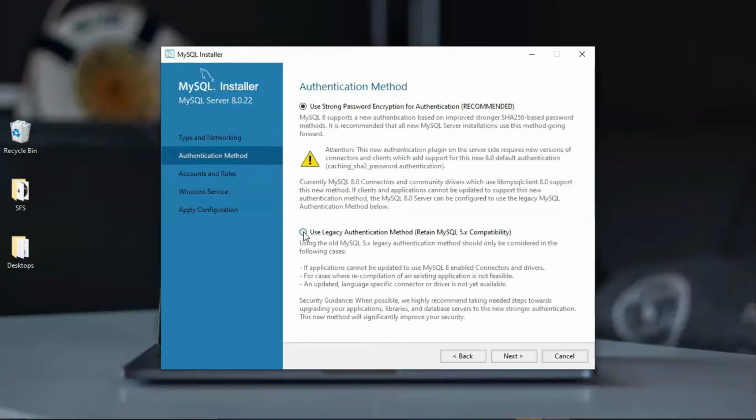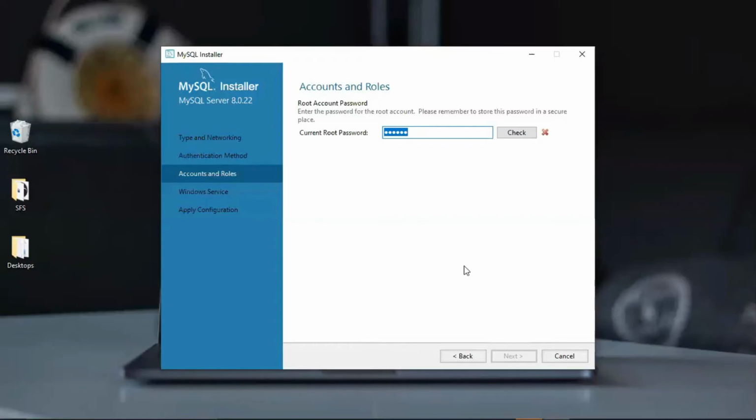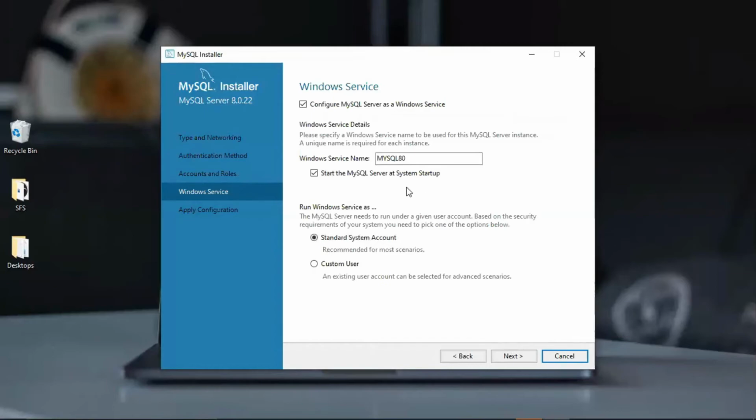Next. Check. Now my password is set, and click on next.